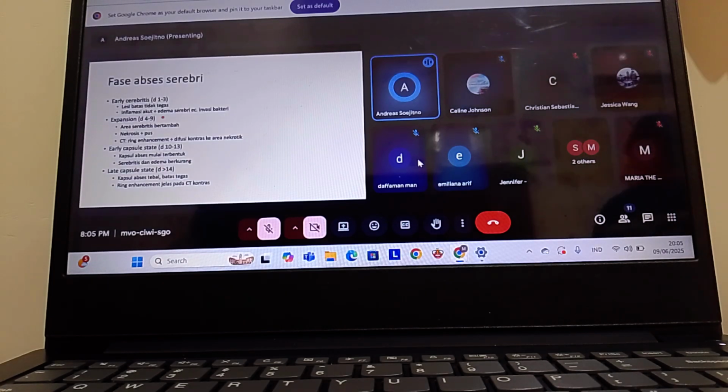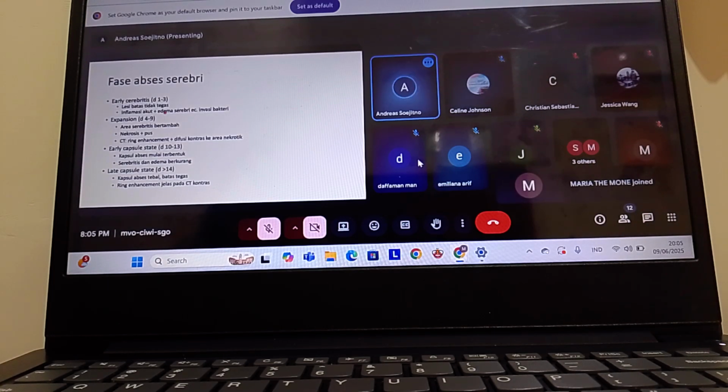Okay, so this is the important lecture here. I think this is the most important one. We have 4 phases of brain abscess. The first one is the early cerebritis. It means that the lesion is not yet clear, and the beginning of the abscess or infection is marked by early cerebritis. So there is an inflammation that takes place, plus the edema, but we cannot yet pinpoint